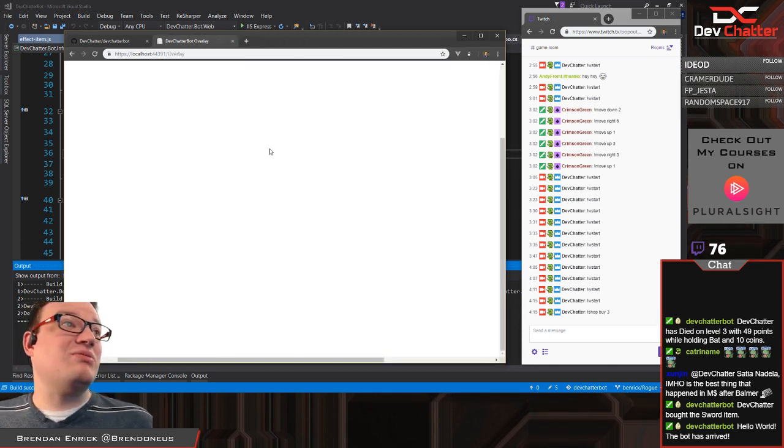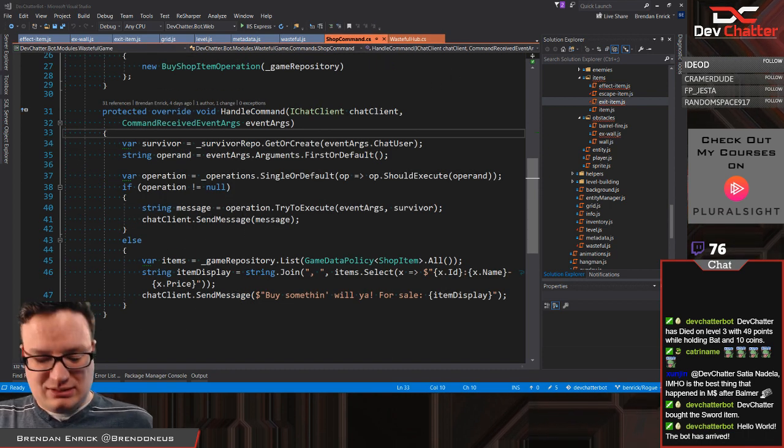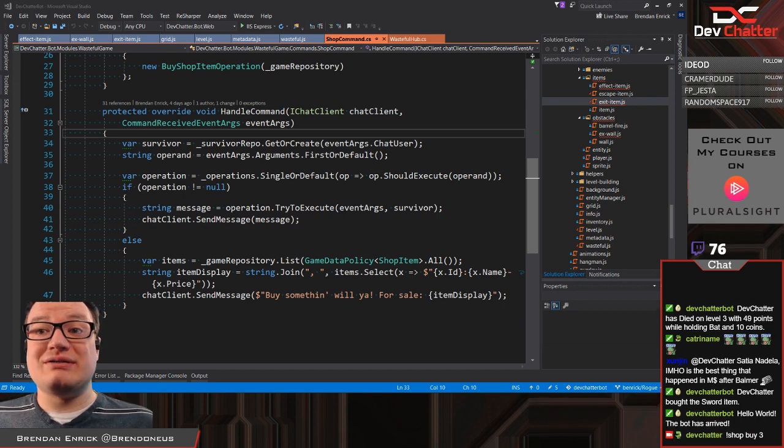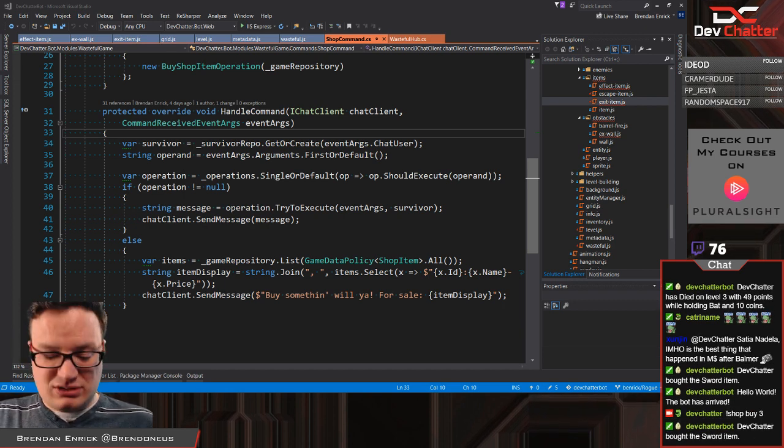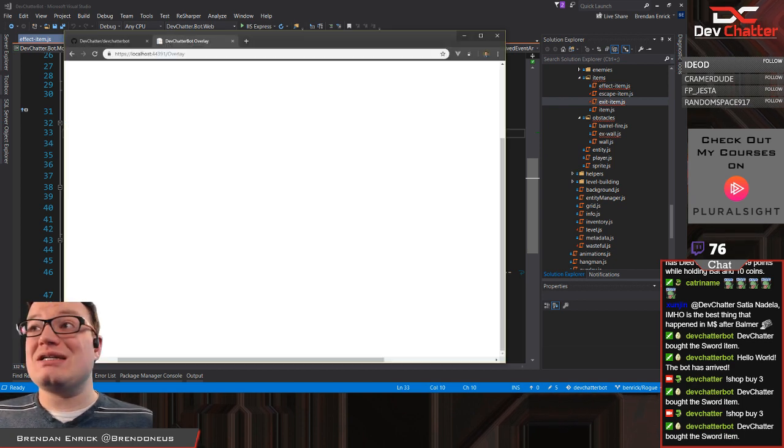Now let me hit all my breakpoints. So there, bot has started the regular way now. No more breakpointing. So we're gonna say shop buy 3. So I bought a sword. Shop buy 3. Let's buy a couple of swords because I'm gonna need them,